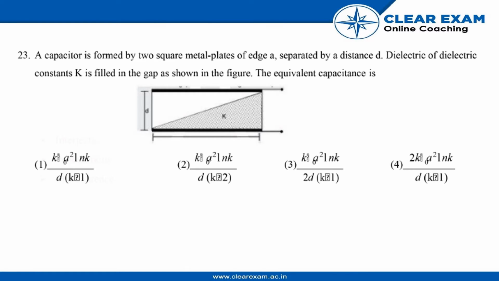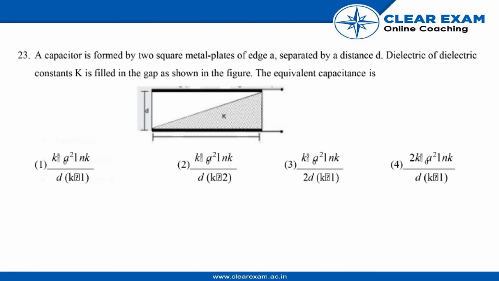So the given question says that a capacitor is formed by two square metal plates of edge A separated by distance d. Dielectric constant K is filled in the gap as shown in the figure. So equivalent capacitance is. So what we will do here,